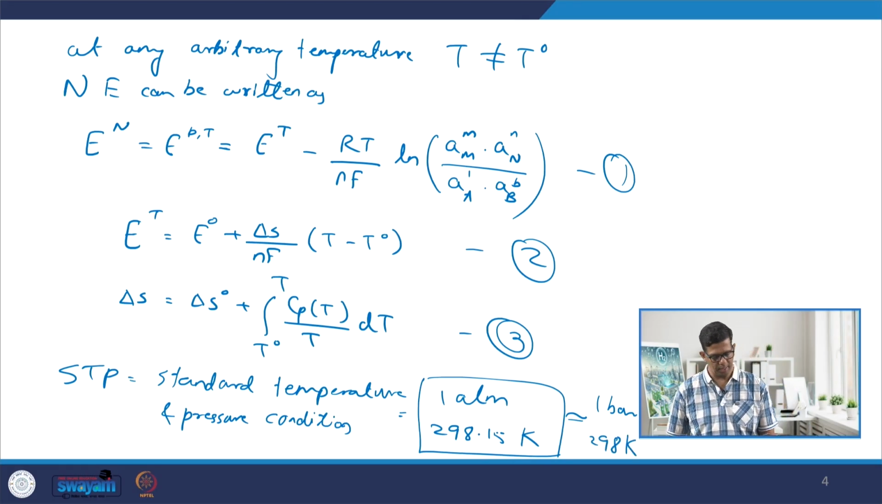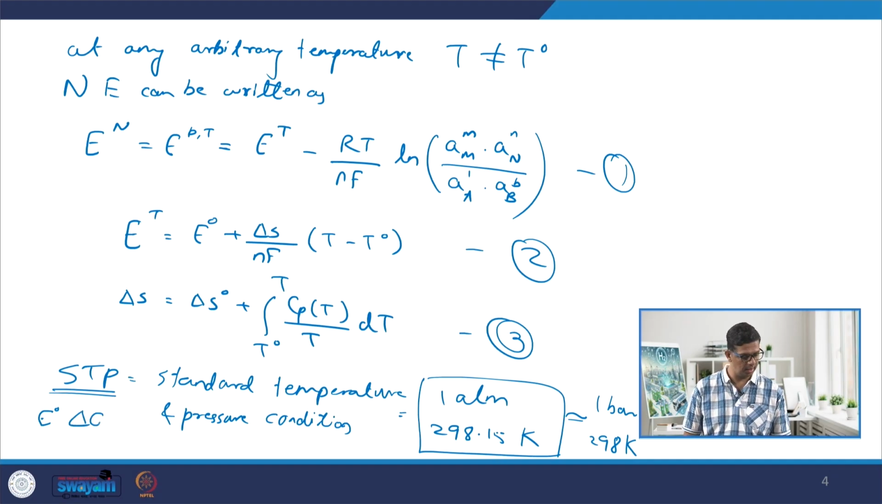So, because 1 atmosphere is nothing but 101.325 kilopascals and 1 bar is nothing but 100 kilopascals, there is hardly any slight difference that we can see, and hence the STP can be approximated as 1 bar, 298 Kelvin. So, whatever potentials that we show or write, if they are with respect to standard temperature pressure conditions, they can be written as E naught,